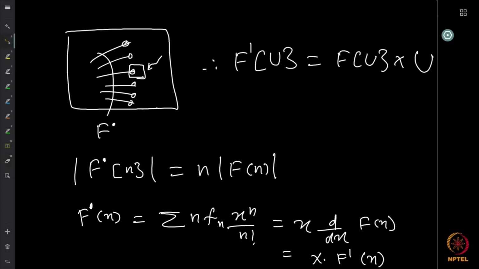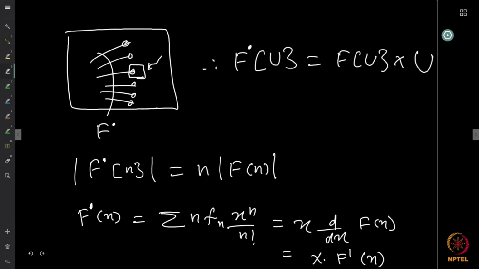But we can select any of the elements to be pointed, which means that there is a one-to-one correspondence between the structures on F dot, basically F point,